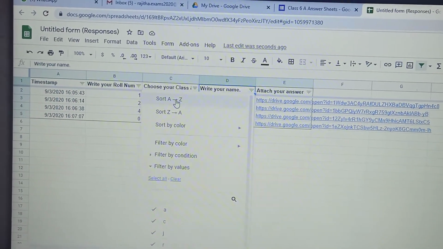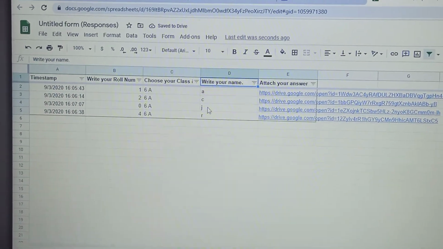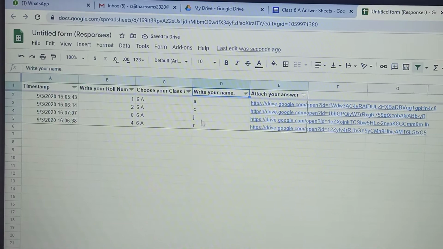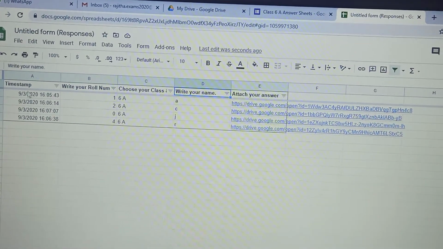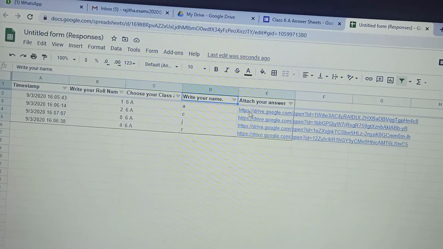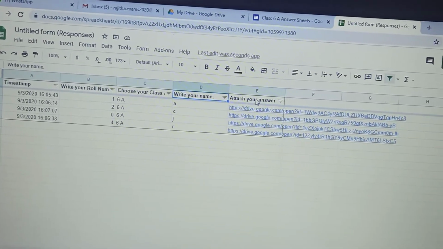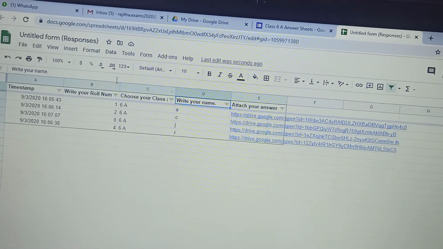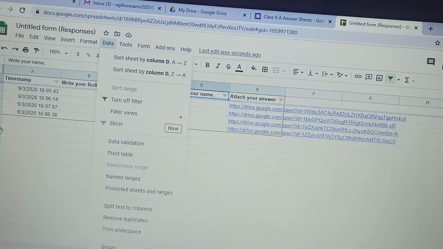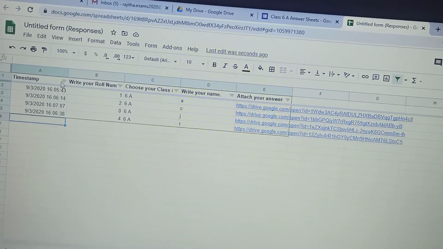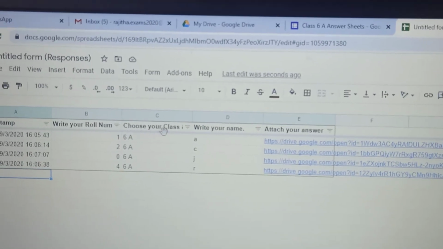There I will click on sort A to Z. Automatically it will arrange itself in alphabetical order. This is a very important step that you have to do. You have to create a filter. Create a filter means you will select from timestamp to the last, and then you will click on data, then you will click on filter, and then this logo sign will appear. That means you have created a filter.